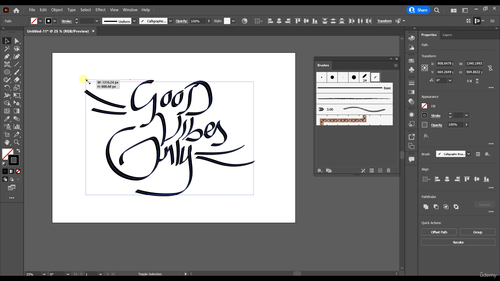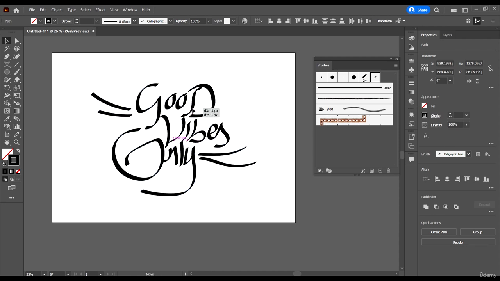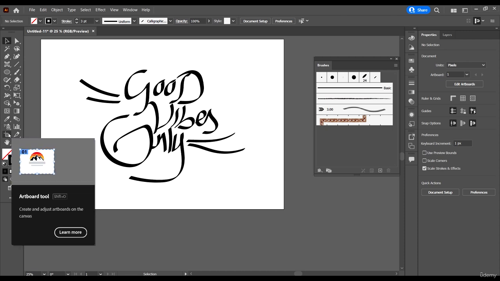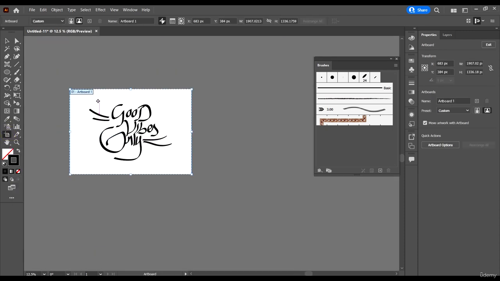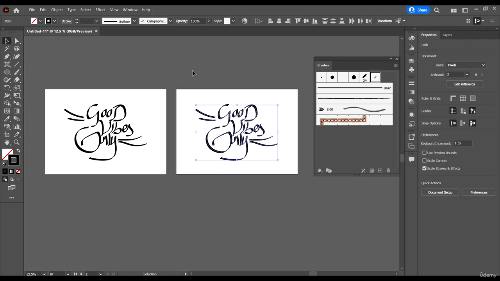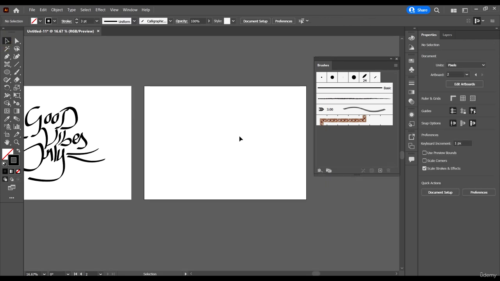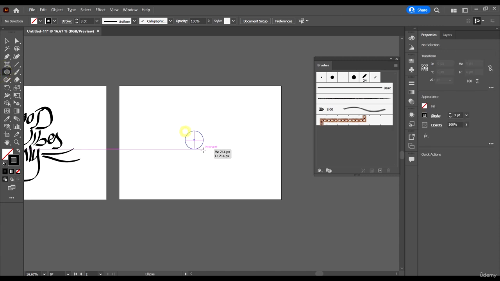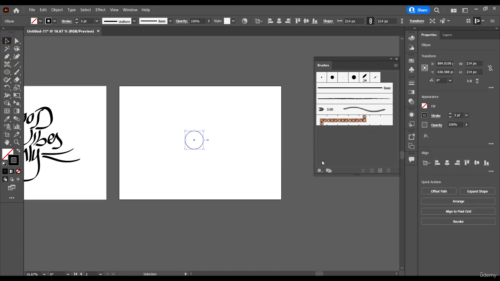Perfect. Good. I'm going to take the artboard tool and duplicate this artboard to create all the stuff. And okay, the next we're going to look at is